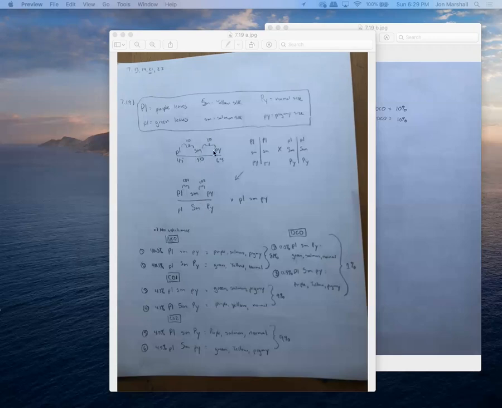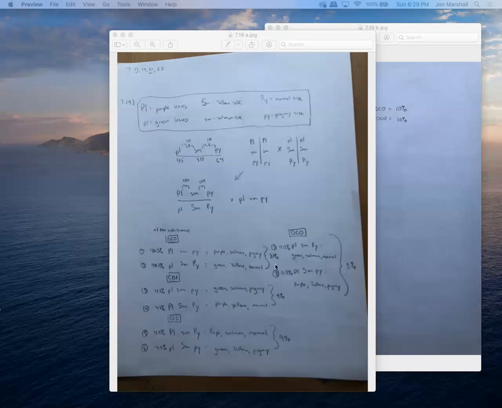And so here we need to go back and think about what 10 centimorgans means. It means there's a 10% probability that you're going to get a crossing over event between SM and PY, and a 10% probability that there's going to be a crossing over event between PL and SM. So if these are two different events and each of them has 0.1 probability, the probability that both of those are happening is 0.1 times 0.1 equals 1%.